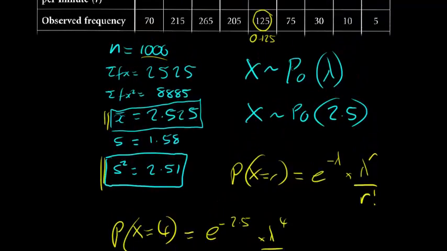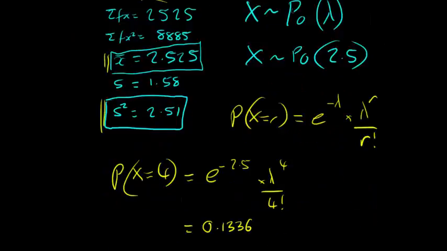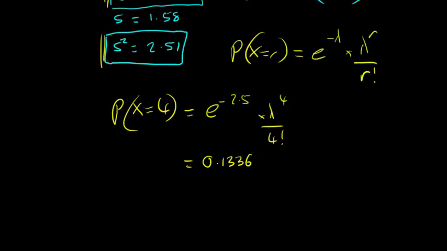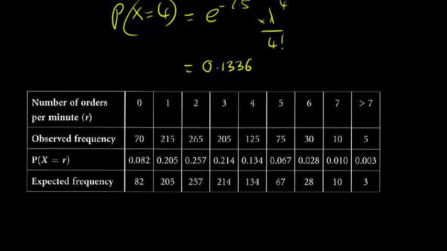Now if I was to do that with all of them, so probably the x is 3, x is 2, x is 1, and see how they compare in probabilities, or in this case I'll do it in frequencies because I know they did 1,000, so I'll times all my probabilities by 1,000, so 134 orders compared with 125, I should get a table. So hang on, and this is the table I get: 70, 82, 215, 205. So the numbers are actually pretty similar, and that's what you want. If I was to do a graph of these, you'd see that actually it's not perfect. It probably won't be perfect, but it is pretty similar for what we're looking at.